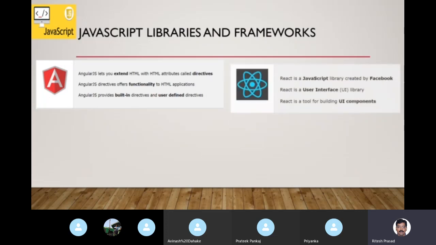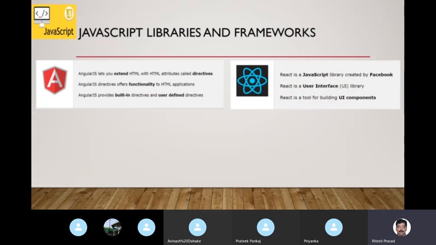The next very, very popular JavaScript library is React. Earlier, it was also named as React.js. Now they have dropped the JS and they are saying React. This is promoted by Facebook. So two competing large companies, Angular is promoted by Google, while React is promoted by Facebook. Both of them serve the same purpose, extending the core HTML functionalities by allowing you to define new components and